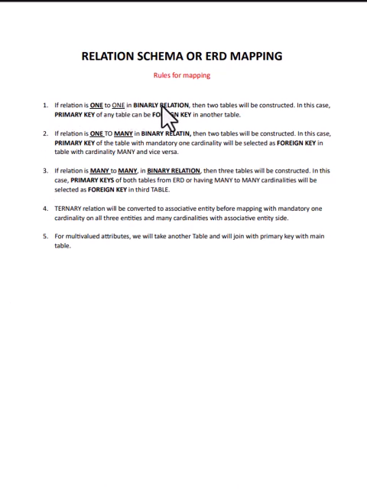In binary relation, meaning when the relationship is between two different entities, then two tables will be constructed. One table for entity 1 and second table for entity 2. In this case, primary key of any table can be the foreign key in another table. For example, the primary key of table 1 is A and the primary key of table 2 is B, on attribute B, or we can say on the column